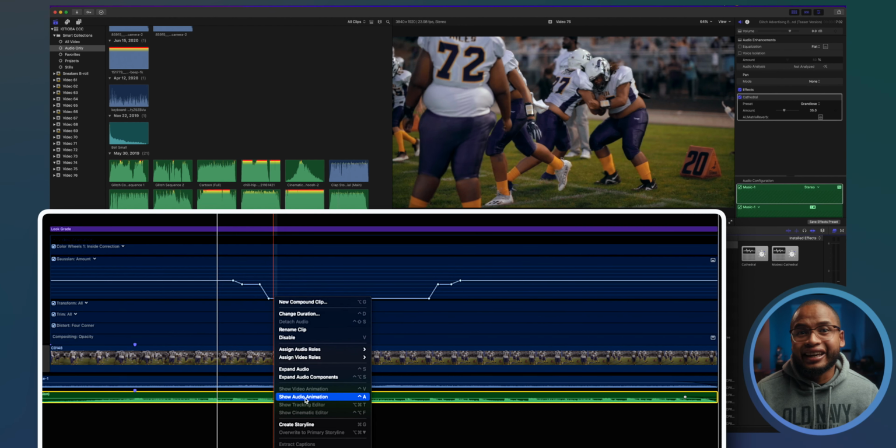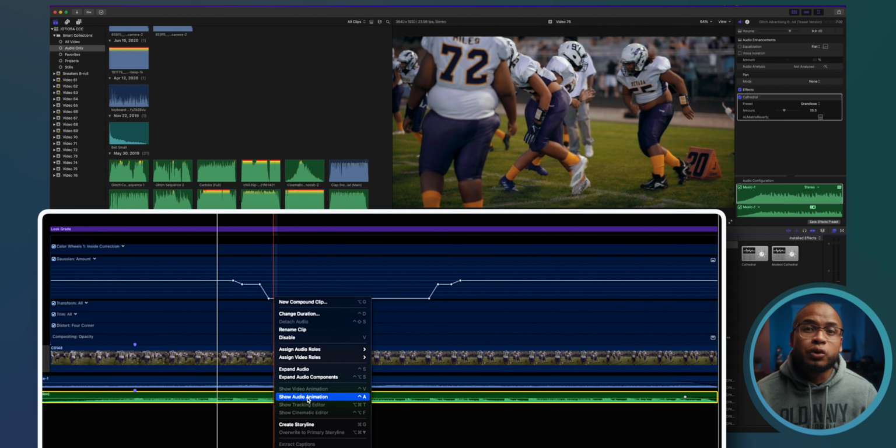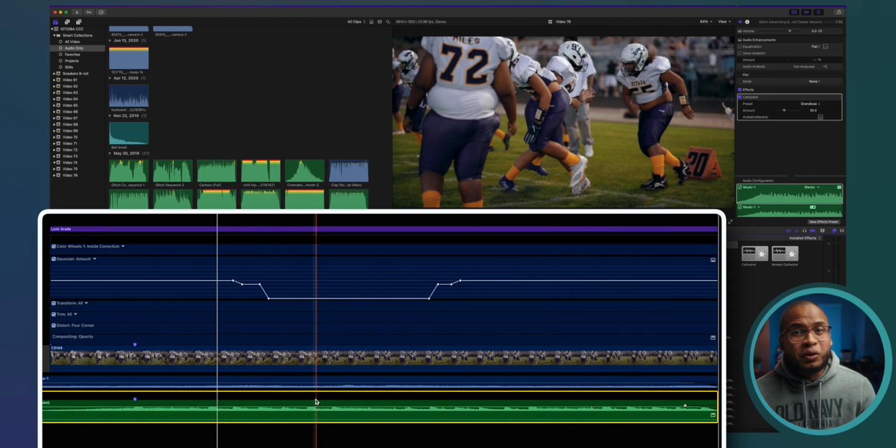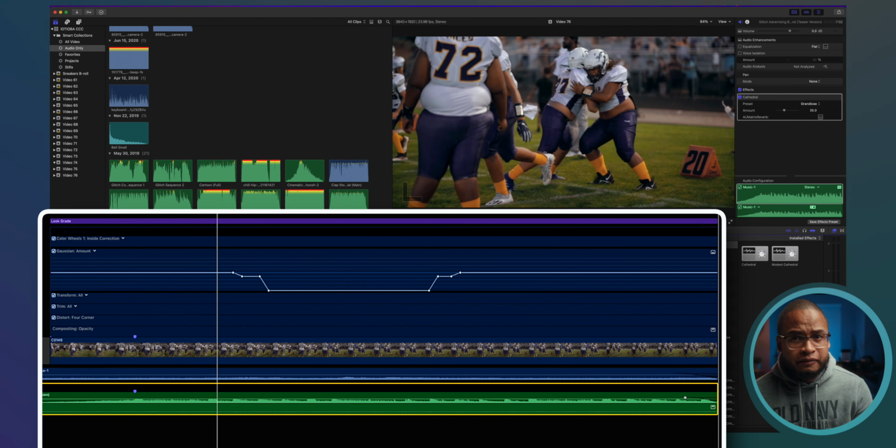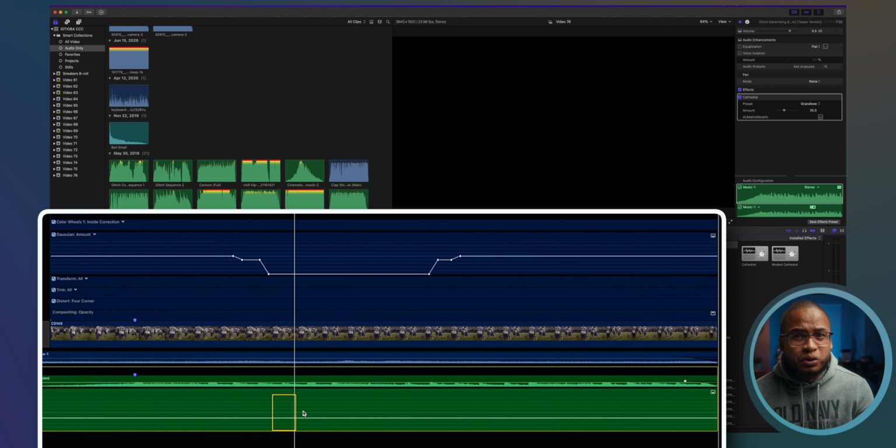Of course, you can do the same thing with your music or your audio. Just right click and show audio animation or Control A, and you know what to do. This one right here has the cathedral effect in it. So click here and use the range tool, and so on and so forth. If you missed how to use the range tool to control your volume, I'm gonna link that video up here,